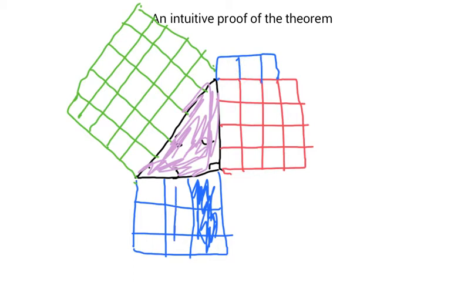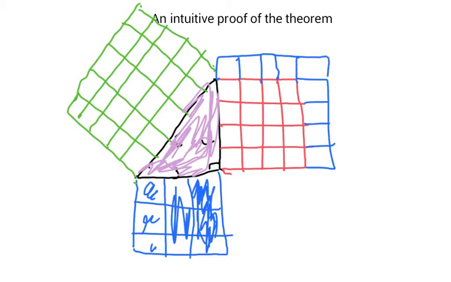Take these 3, move them here. Now I'm left with 3 more, and take this one right here and put it here. Take these 2 and put them here. I get a square that is a 5 by 5, matching this 5 by 5,